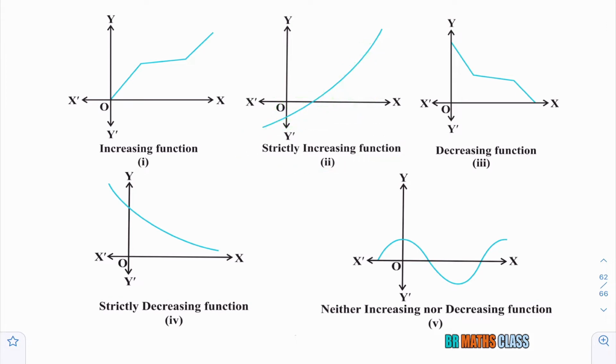I'll tell you the definition and one important point also. First, you understand the general idea of strictly increasing function. What is an increasing function? You observe here, this is actually a horizontal line like this. The graph is like this. Please observe, the graph is like this. This is an increasing function only, but you observe this zone. In this zone, the graph is stationary. It is neither increasing nor decreasing. I hope you are understanding. In this zone, the function is neither increasing nor decreasing. Stationary. But overall, if we observe, the graph is increasing only, right?